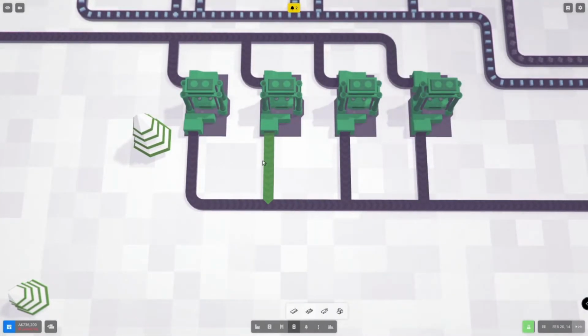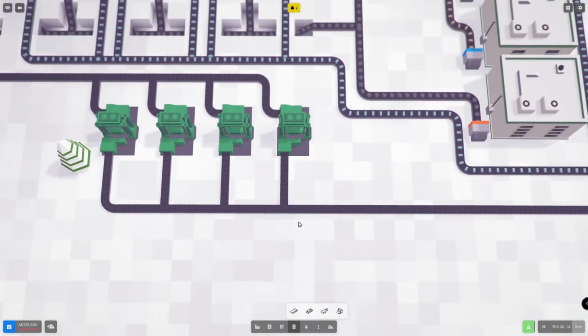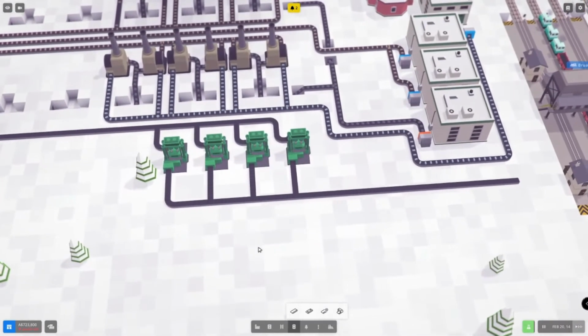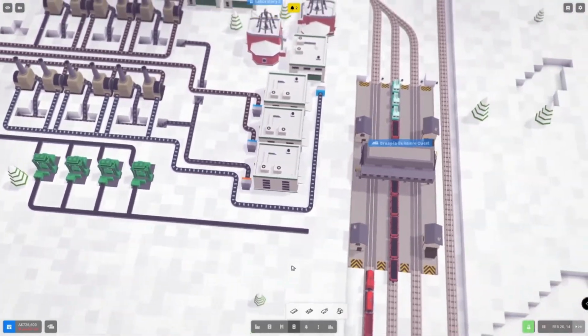Nice little handy hint there with Voxel Tycoon. Give them a couple of flips, and it joins along conveyor belts all together. Make sure everything is running nice. So that'll bring those guys out. We then want to...